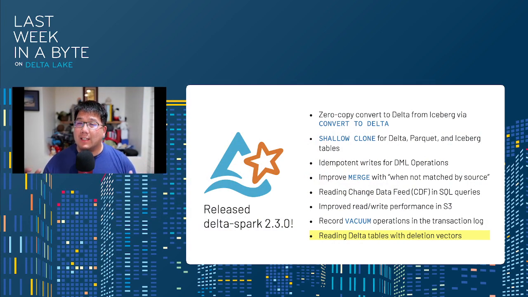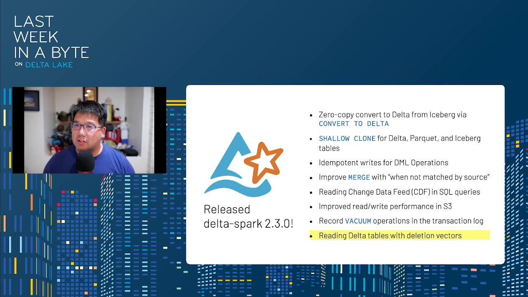Really happy for the release of Delta Spark 2.3. There's a lot of really good features, including zero copy convert to Delta from Iceberg via convert to Delta, shallow clone for Delta, Parquet, and Iceberg tables, idempotent writes for DML operations, improving merge when you're using the when not matched by source, reading change data feeds, CDF, in SQL queries, improved read and write performance in S3,